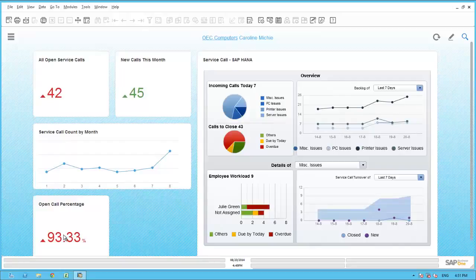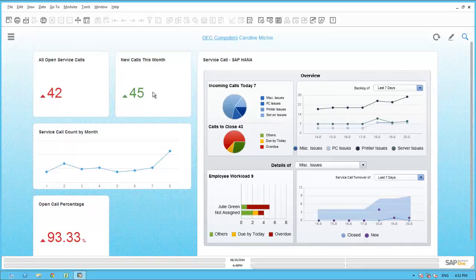Caroline also uses the Pervasive Analytics design tool to create the following pervasive dashboard. The dashboard is called Service Call Count by Month. This shows Caroline the total open calls for each month. In the last 4 months, the volume of calls has been increasing, as we can see in this chart. This shows a large uptick, especially in the month of August. If we hover over each point, we can see the total calls for August matches the new calls for the